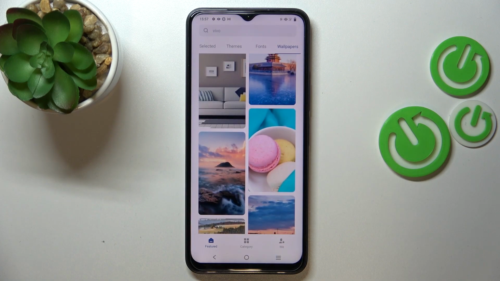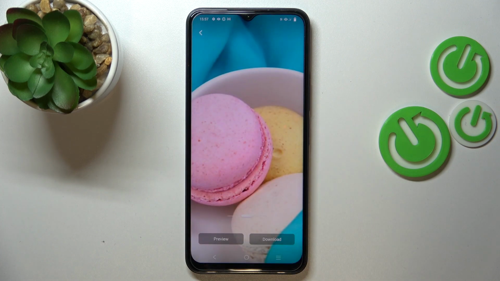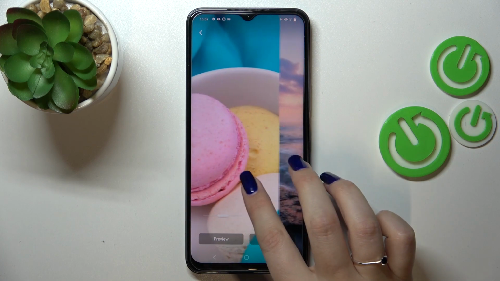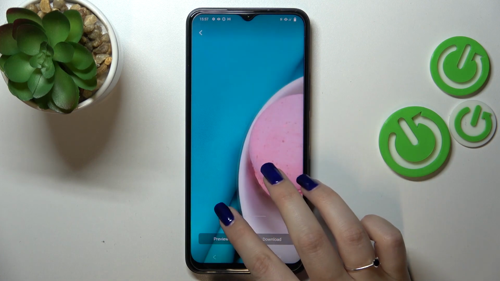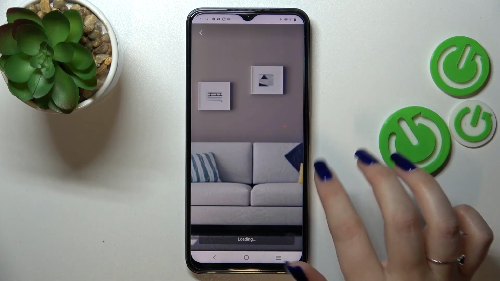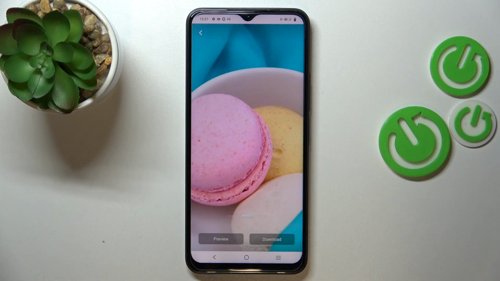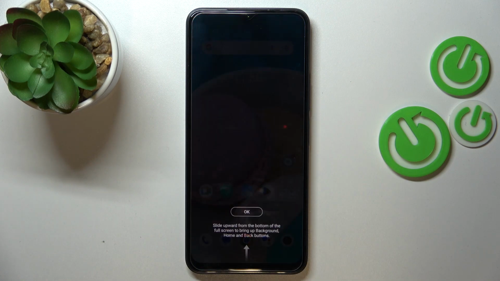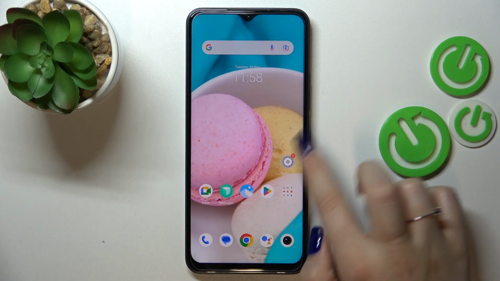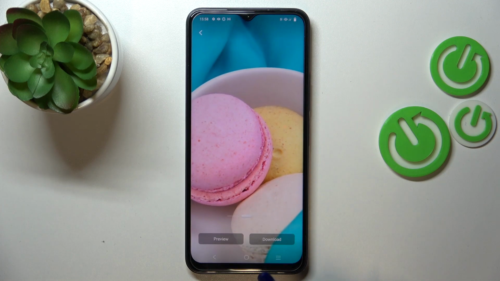So if you want to pick the particular wallpaper in order to check the preview of it, simply tap on it. And as you can see here we've got the wallpaper applied to the full screen. Here we've got the switcher, which will allow us to change the position of the photo, kind of, and we can change the particular wallpapers just by swiping. You can tap on preview, of course, and this is how it will look like applied. Okay, all right. And if you're happy with your choice, just tap on download, and as you can see